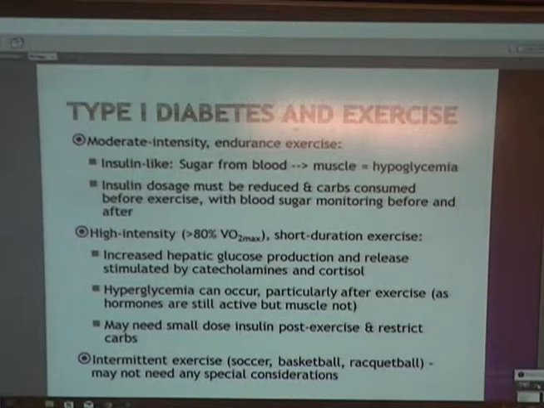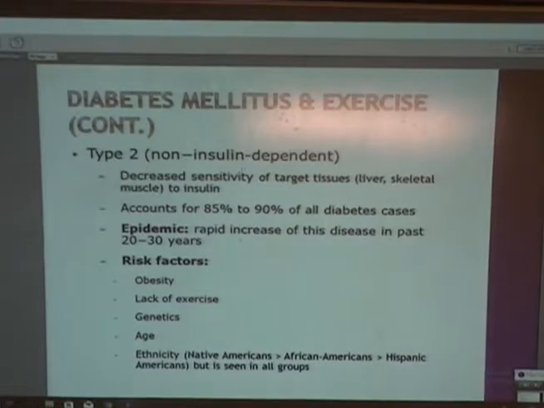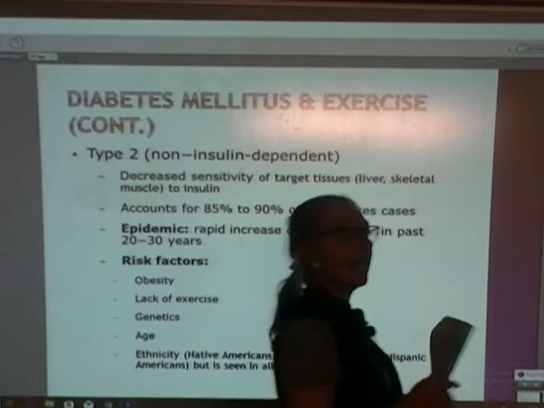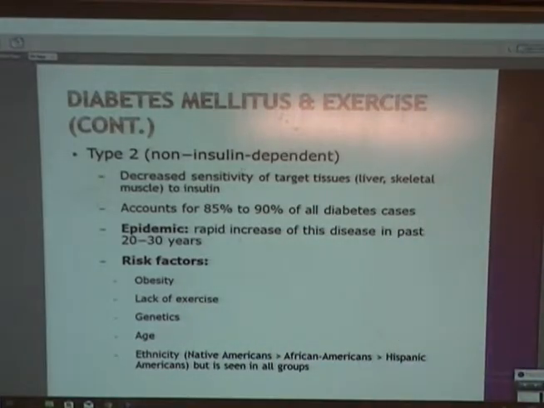Okay, so type 1 diabetes then, exercise is beneficial to their overall health, but it's not likely to change their type 1 diabetes. Can't cure type 1 diabetes, it's genetic, okay? So type 2 is a whole different ballgame, all right? Because type 2 may have a small underlying genetic component, or it may have nothing to do with genetics. It can be completely lifestyle dependent, right?